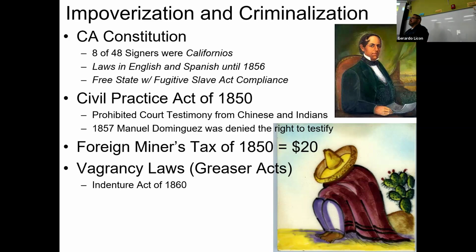drunk in the plaza or anywhere in general, but that's what they targeted, you would be arrested and be given a fine. If you couldn't pay the fine, then you could work it off. So people would get arrested, say, on Friday or Saturday. And then if they couldn't afford to pay the fine, on Monday they would be put to work. They would be basically rented out to the city or to private employers who would put the people to work for the week from Monday through Friday.